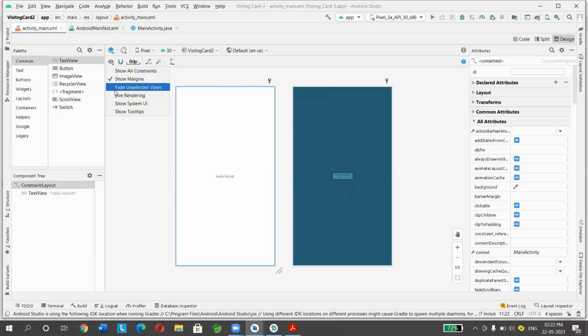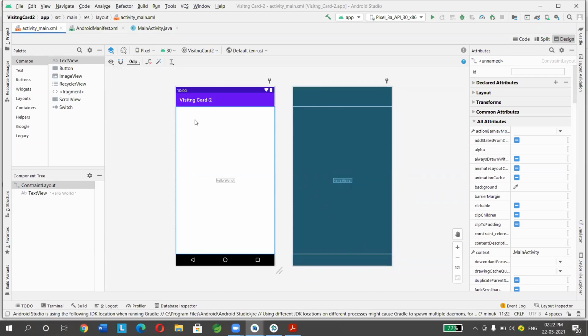So select this, show system UI. If you select this, it will show the layout how it is visible on your mobile. It will be easy for you to place the components in this activity. Okay, so I have selected this.